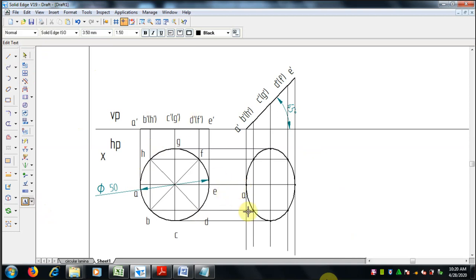Mention the names for the top view after the inclination of the plane to 45 degree to HP. We are drawing the top view first and mention the names. Just move for visibility.